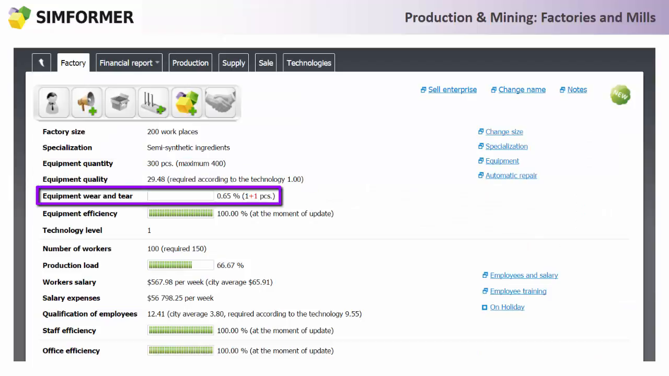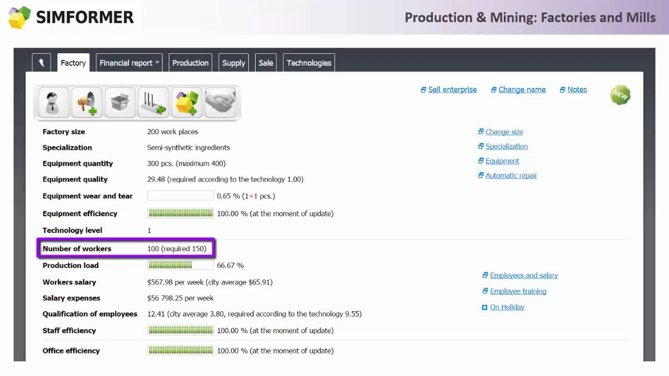Take into consideration that all the equipment wears down, and you will be informed what is the percentage of the equipment that is breaking down. As the equipment that has worn down number increases, the equipment efficiency decreases. As you buy new equipment, you create new open workplaces, and naturally you need more workers to reach 100% of